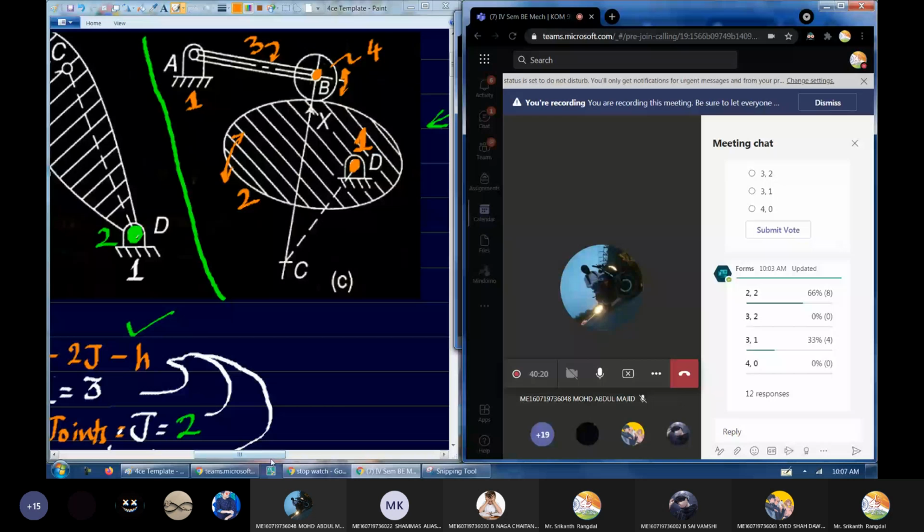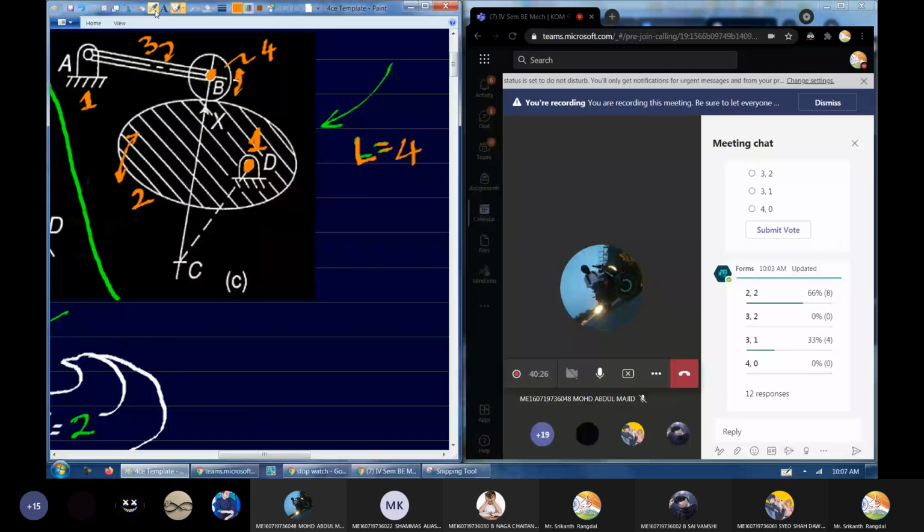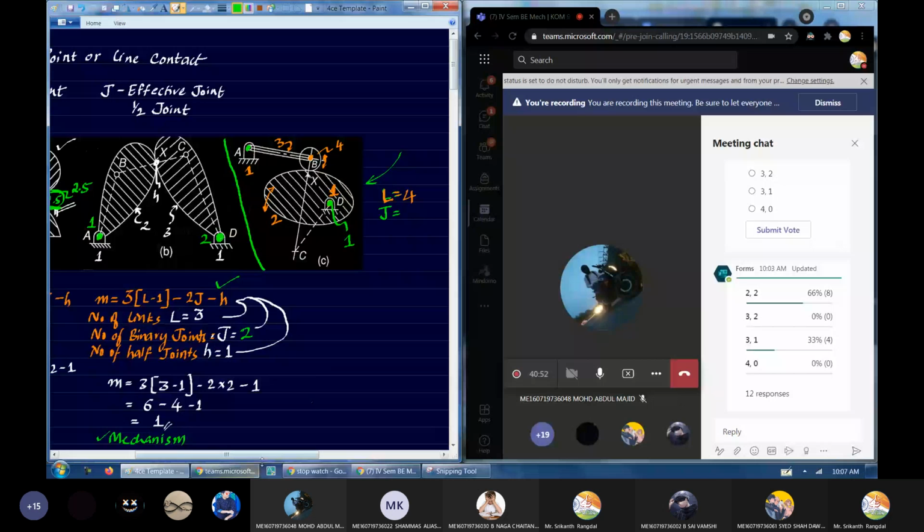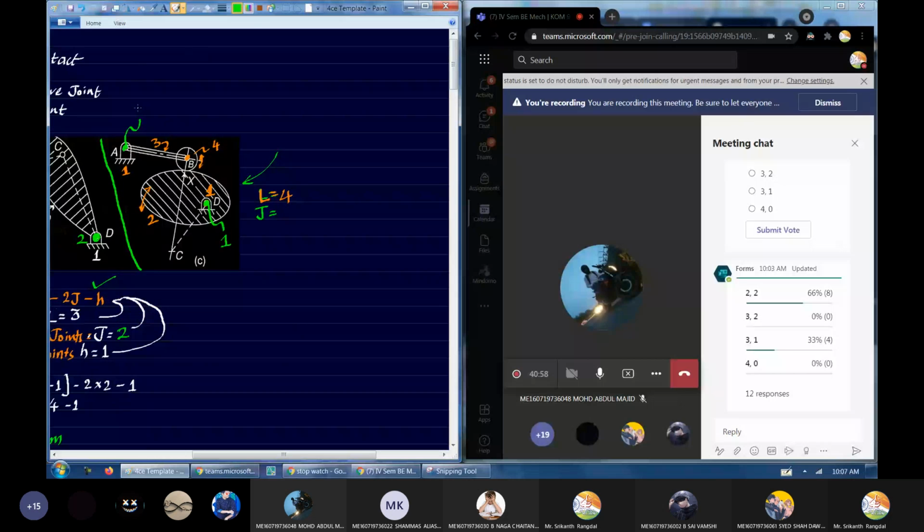Fine. Let us see how to count the number of joints. Ready? Let me take this green color. Now let us count the number of joints. So how many binary joints are there first? Here, this is one binary joint. This here at A is the second binary joint. I'll just reduce the size so that it will be easier for me to write. So this is joint number 2.